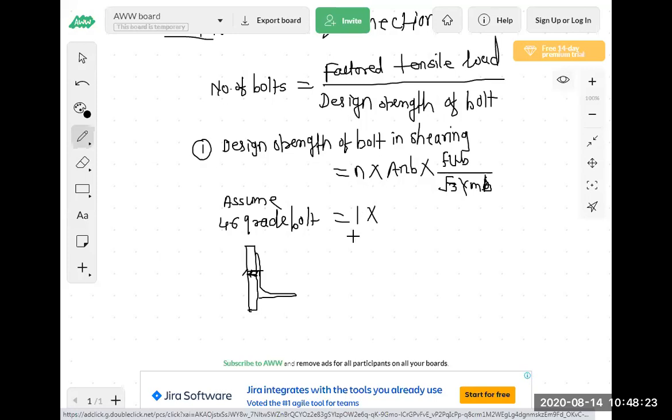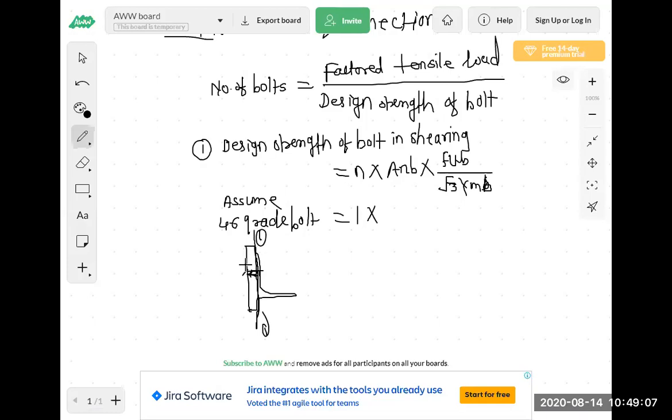This is a very simple step in this unit 3. We have to go up to unit 8. The same formula will be there in every problem: we have to design bolted or welded connection. If we design a bolted connection, this n will be there every time, from unit 3 onwards up to unit 8. So n is the number of shear planes. Here one angle is connected to the gusset plate only. If you read the problem statement carefully, they have given only one angle. So there is only one shear plane, because the angle and gusset plate have only one face.